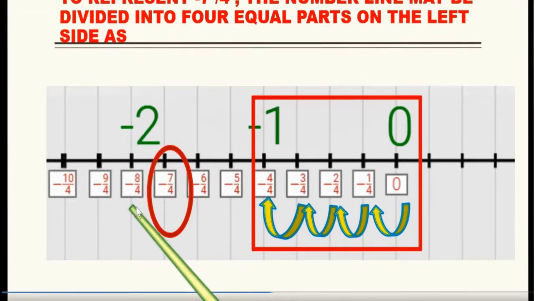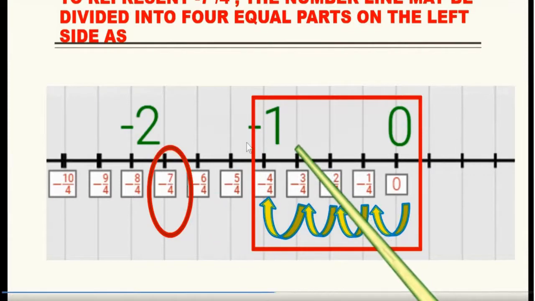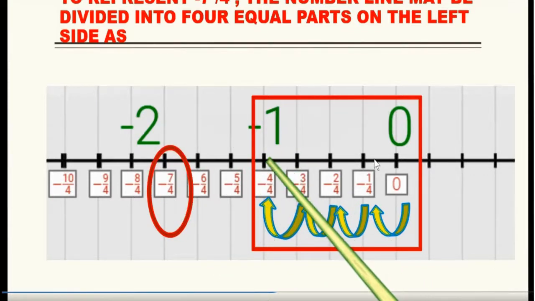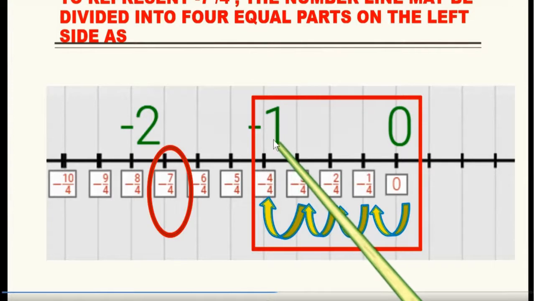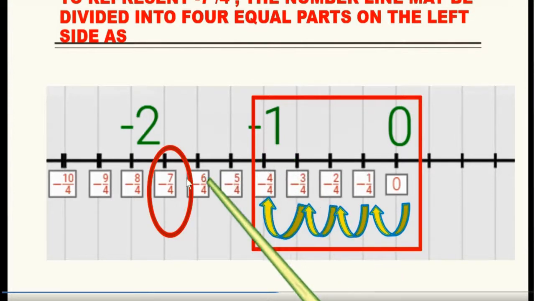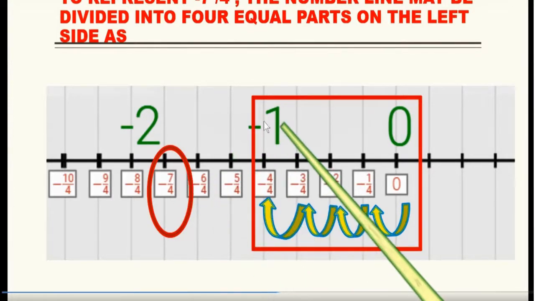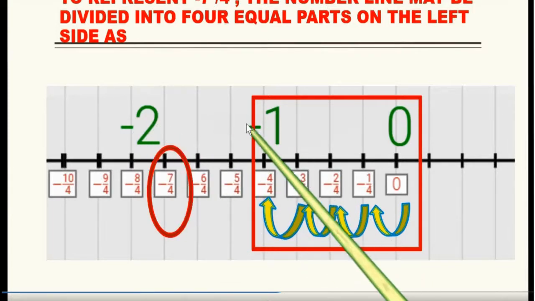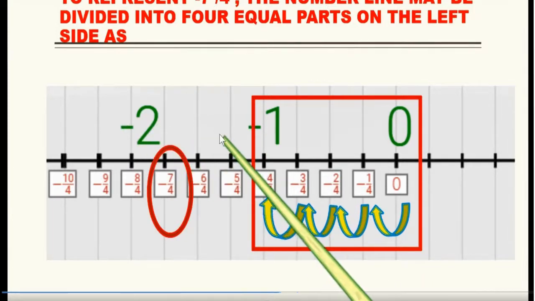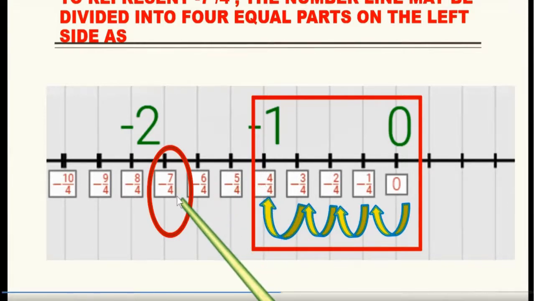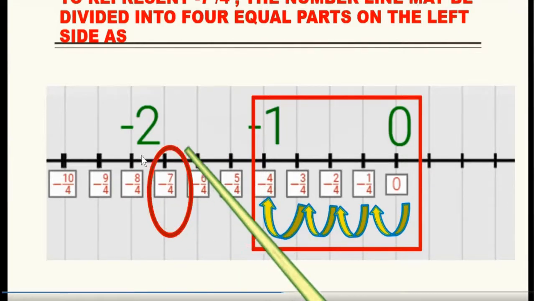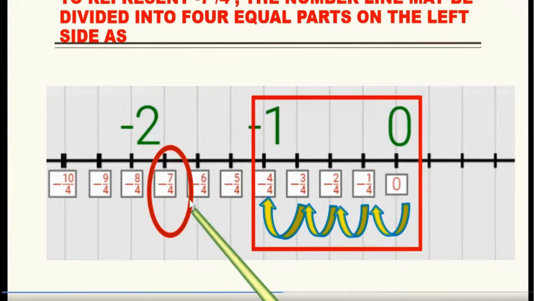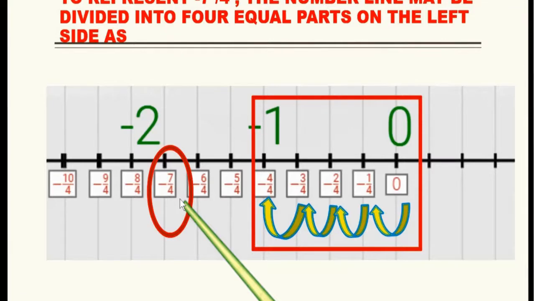Now as our numerator is greater than the denominator, it is always beyond minus 1. All the proper rational numbers will be between 0 and minus 1, and those which are having the numerator greater than the denominator will lie beyond minus 1. We have already reached minus 7 by 4. So we will plot minus 7 by 4 on the number line and encircle it. Thus we have represented minus 7 by 4 on the number line.